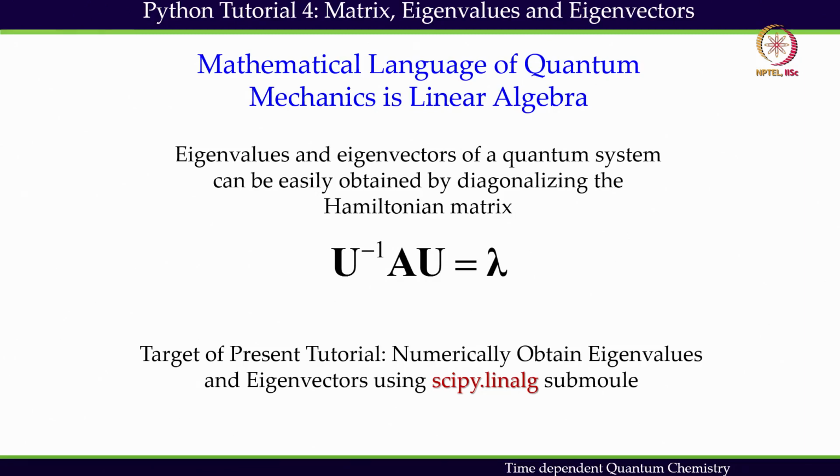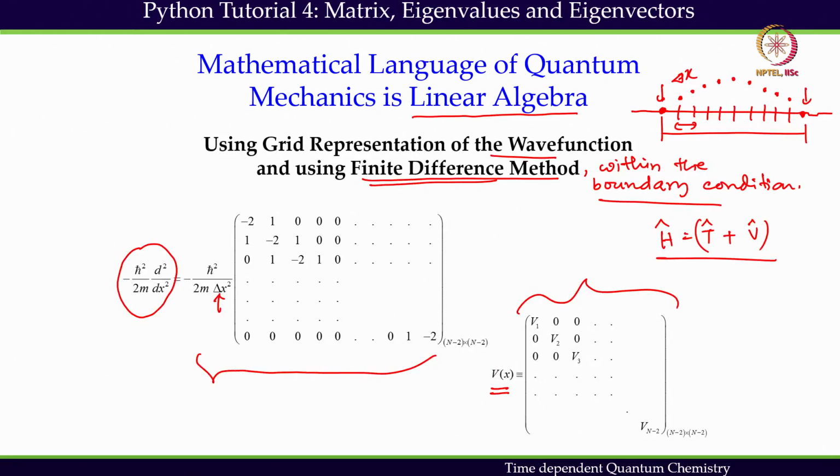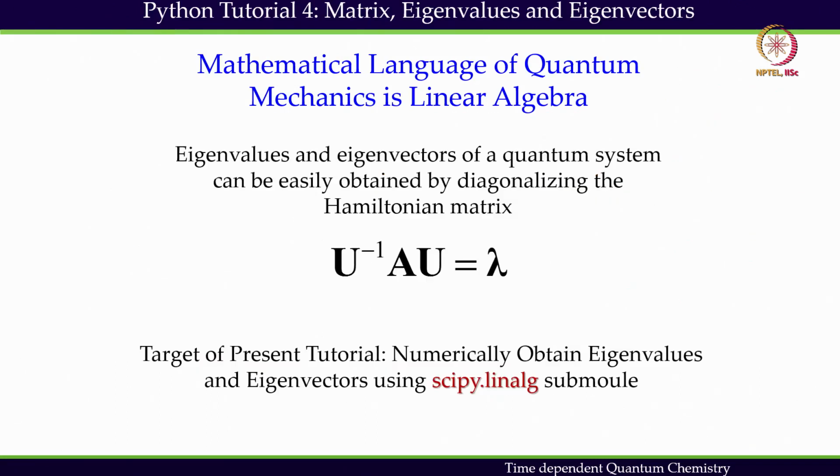So, I have shown how to get the Hamiltonian matrix: it will be obtained by adding these two matrices. Once we get this total Hamiltonian matrix in the grid representation, which is nothing but the pseudo spectral representation of the wave function,